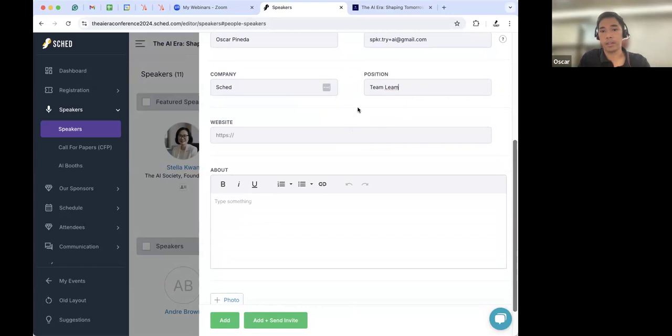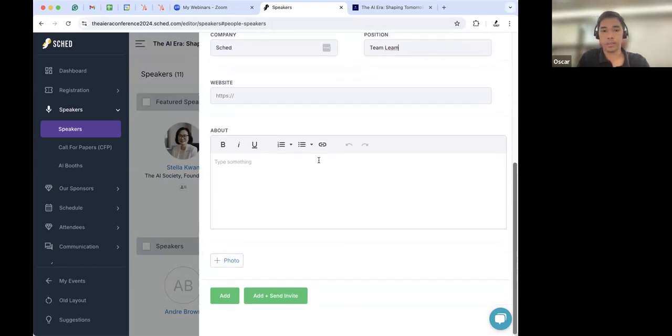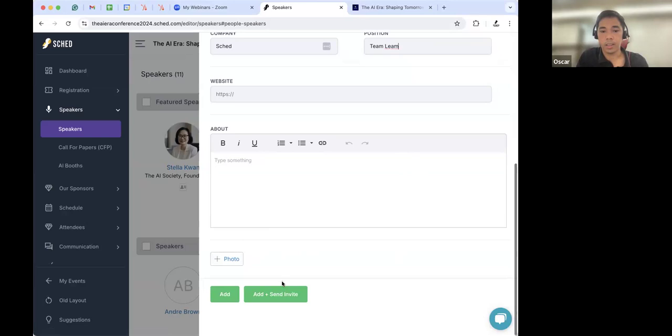If not, that's perfectly fine, as the speaker can also update their profile info once they log into their accounts. So if you have the photo, you can upload the photo from here, from your computer, and hit the add plus send invite button if you'd like for the speaker to get added and at the same time receive the welcome invite. Otherwise, you can just hit the add button to just add the speaker for now,